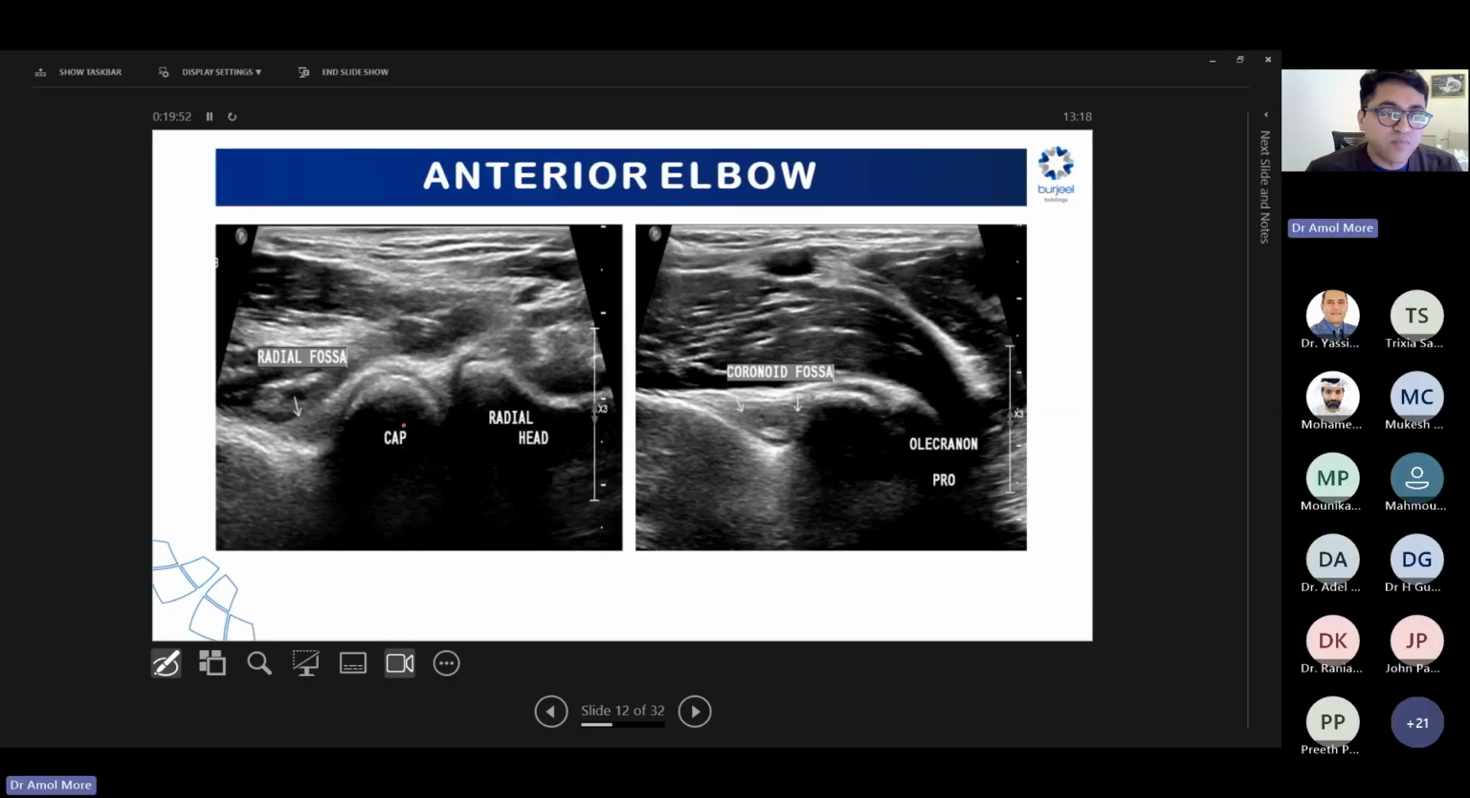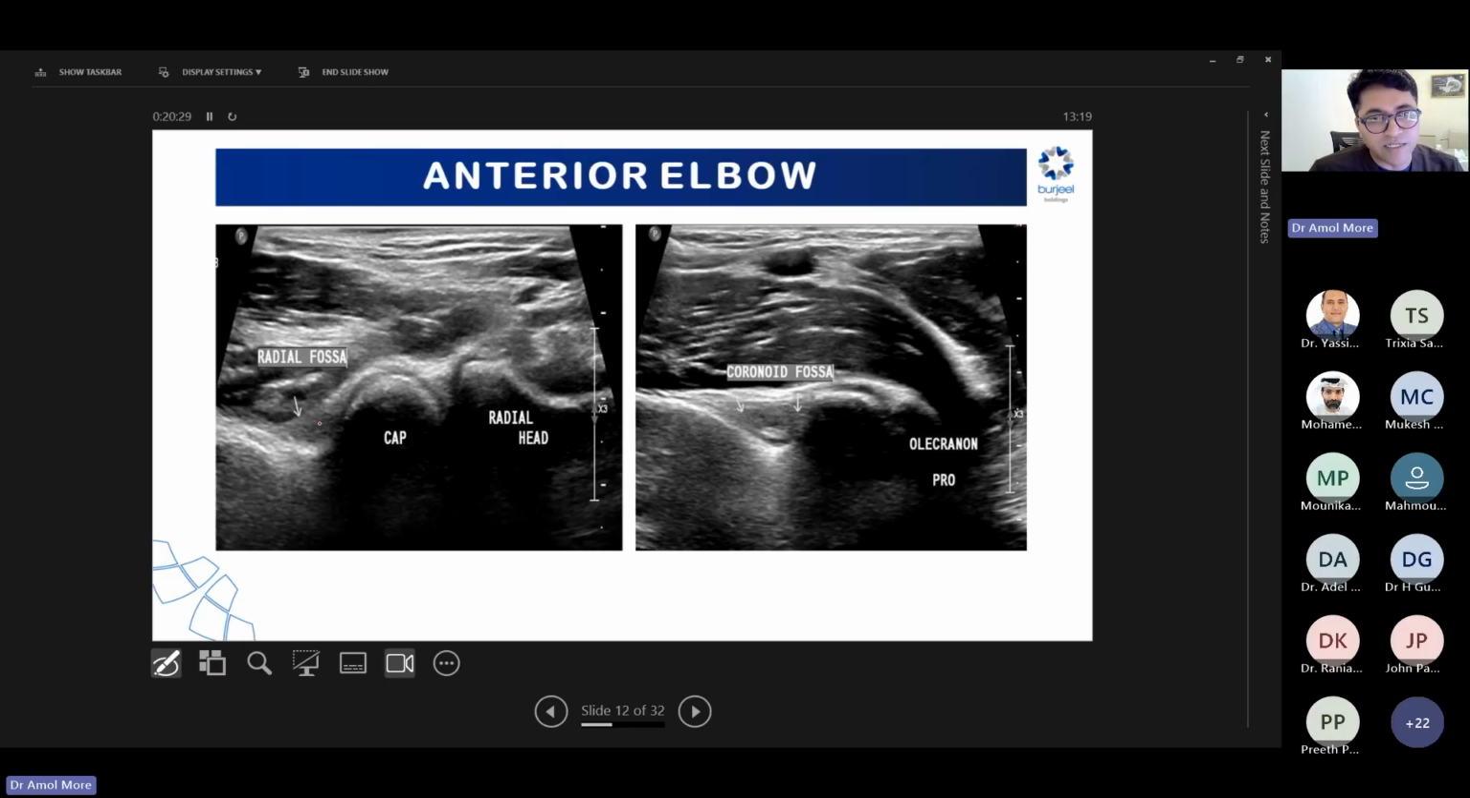Once we change our probe plane to the longitudinal position along the lateral aspect, you acquire this image. In this, you can see the square-shaped radial head with the adjacent hypoechoic hyaline cartilage, then the capitulum with hypoechoic hyaline cartilage, and just above it, there is one potential dip along the distal end of the humerus, which is nothing but your radial fossa. The radial fossa is an extrasynovial intra-articular potential space